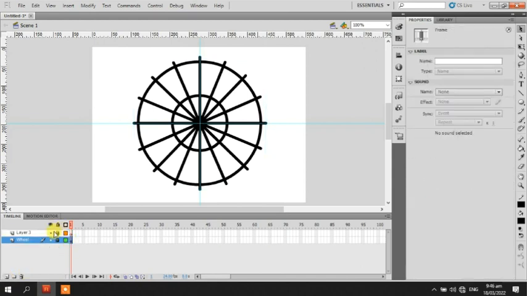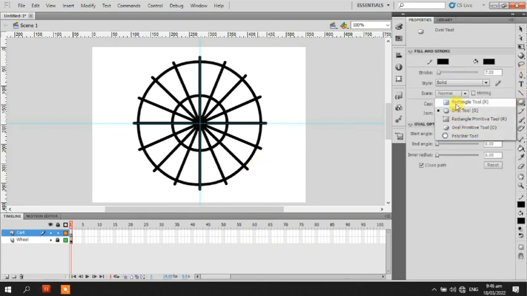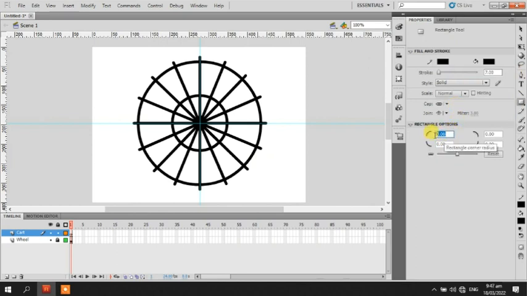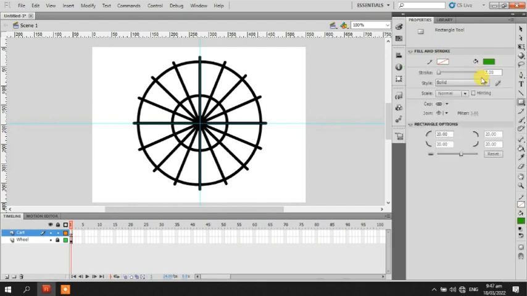and add another layer, and then we need to change its name to cart, and then on frame 1 insert some rectangle, but we're gonna make the sides of the rectangle more curvy, and then we're not going to put the outline but only the inside, so it will be filled with color green, and then we're gonna shape our cart,